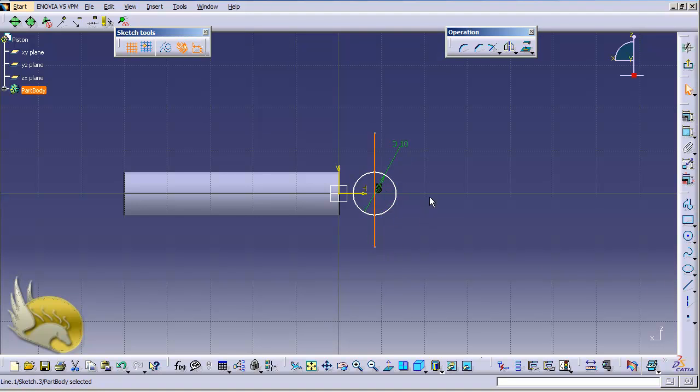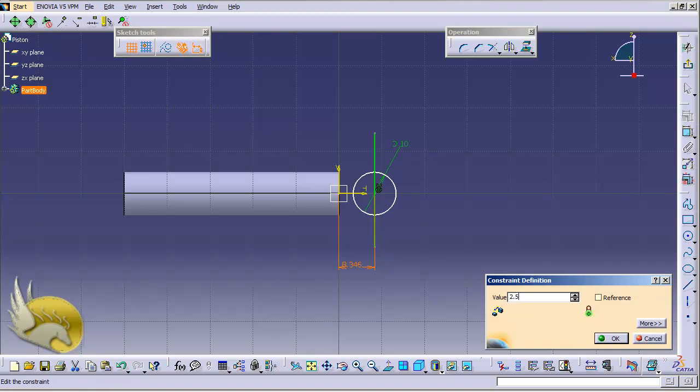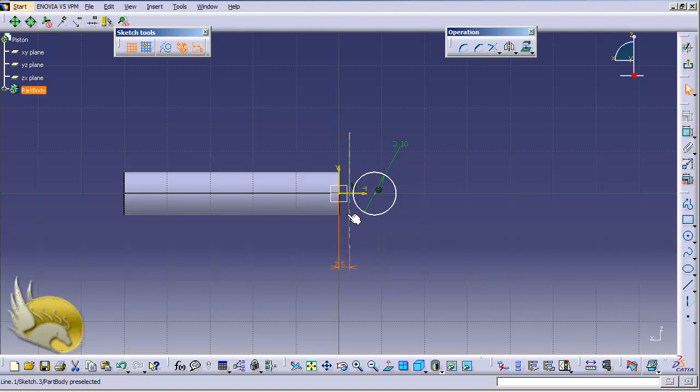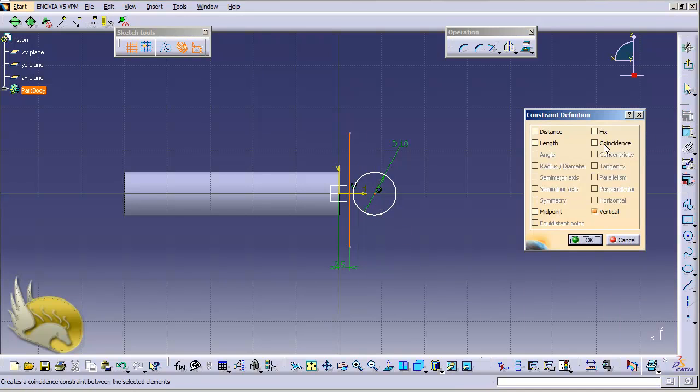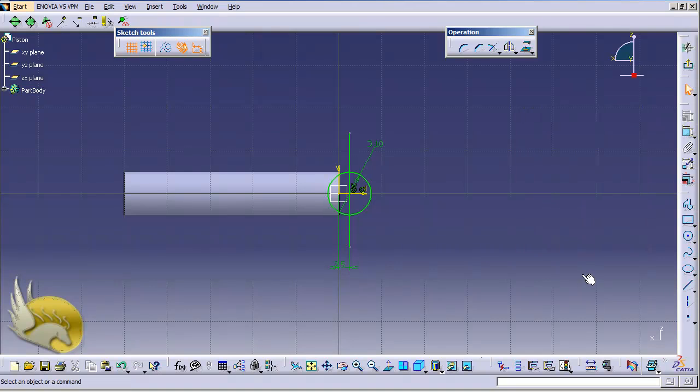And now I want this line to be about 2.5 millimeter from this line, just as I did in previous section, 2.5. And I want this line to be in coincidence with the center of the circle. So I add the coincidence, circle is there. Now I need to remove the excess parts by going to Quick Trim tool, selecting it and removing this,